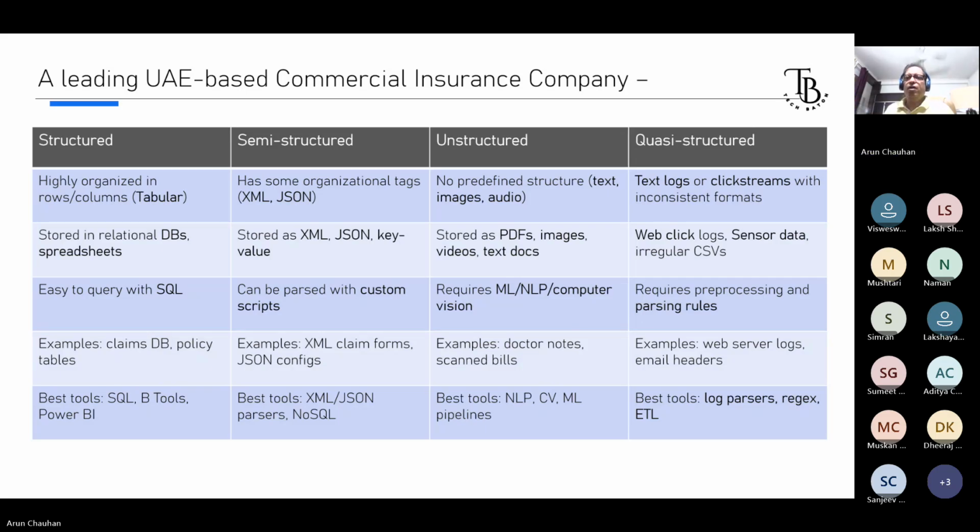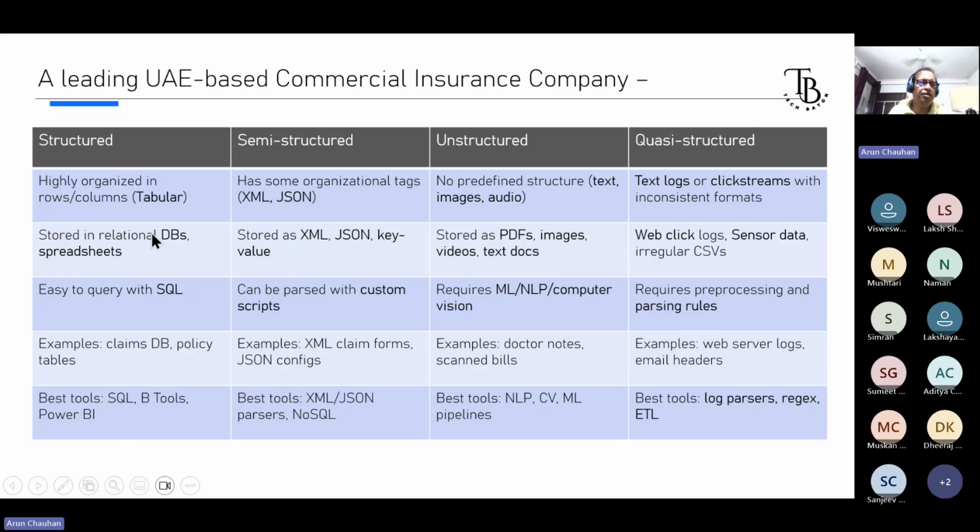All right. Okay. So a lot of companies capture the user journey. In case you are using a website, be it Google, be it Microsoft, if they are working on their products, they would like to understand where the customer journey is actually getting stopped, where the user is dropping. So this is where the clicks in the systems come into the picture, the text logs come into the picture. So this is qualified as quasi-structured, and these are the different tools to handle all these kinds of data